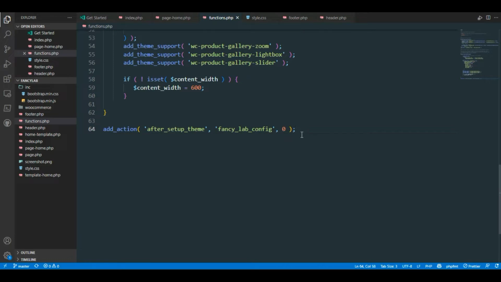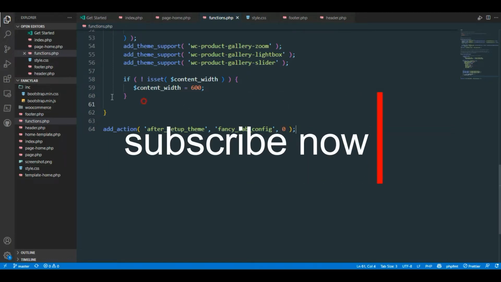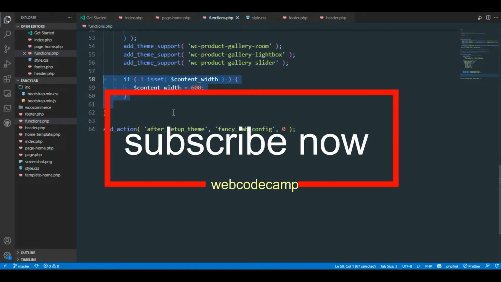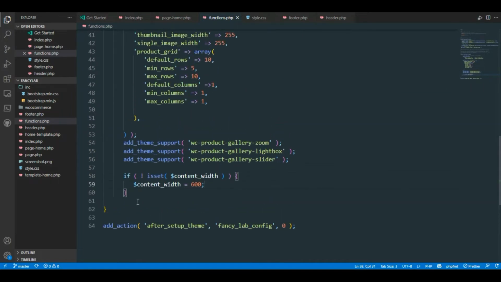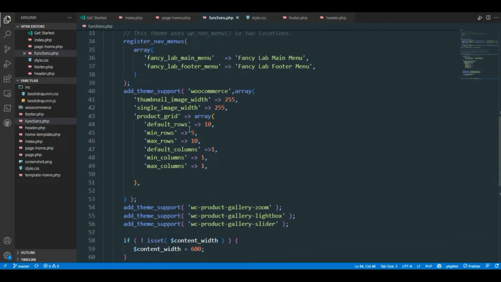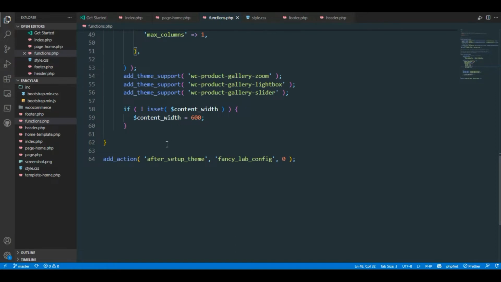In the previous lecture I told you about this function, which checks the content width or content height, so you can use it. After that we define the add theme support, what type of support it is, like product grid, single image width, and thumbnail image width. So default rows, minimum rows, and after that default columns, minimum columns and maximum columns. So guys, now I'm going to